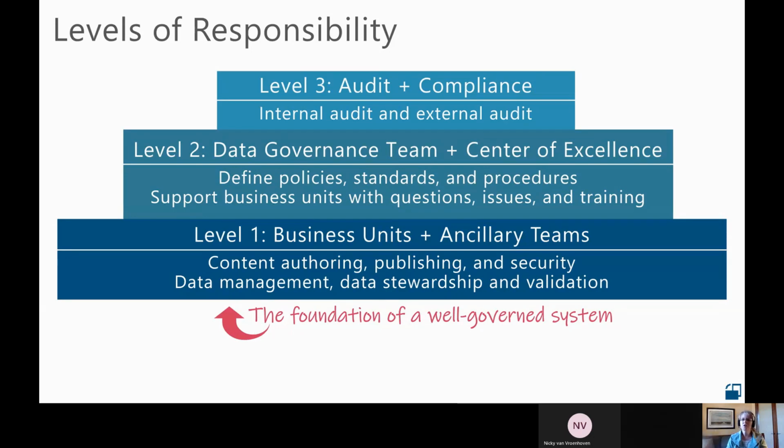And then up to level 3, so our audits and our compliance teams and that sort of thing. So we could consider internal and external audit levels 3 and 4, right? Because of course the last thing that we want is external audit to have a finding. But to keep it simple, I've lumped them in there together. So as you can imagine, the better job we do at the bottom, that helps things as we move up the chain of responsibility. So we can think of this basically somewhat as multiple checks and balances.